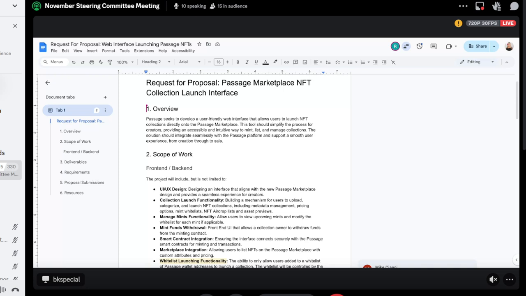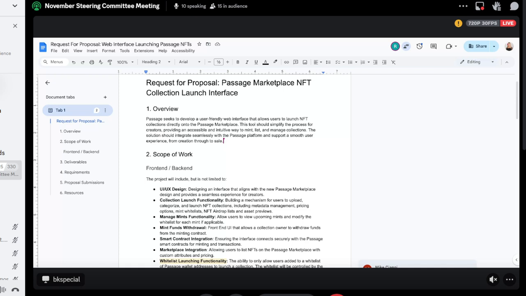That's really not what this is meant for. So we do want to be a little bit protective at the outset, but we want to move towards allowing more folks to launch collections and provide value on the marketplace, which will also get them using Passage more, ideally because they'll have some kind of utility within Passage. So that is the general plan.